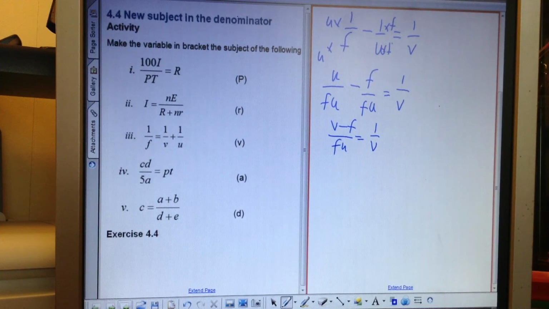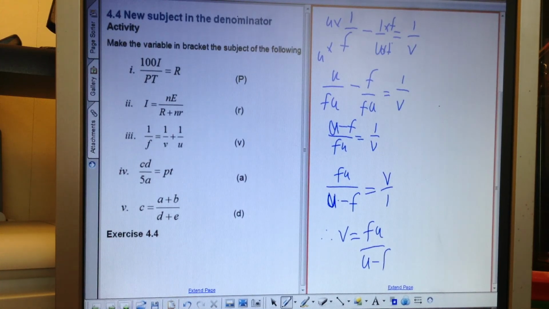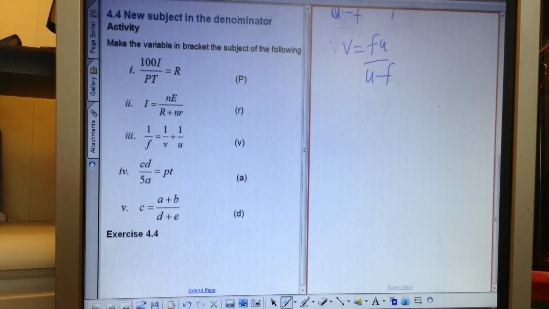We can then inverse both left and right, so we're going to get FU over U minus F equals V over 1, which implies V equals FU over U minus F. That is method 1. Method 2,